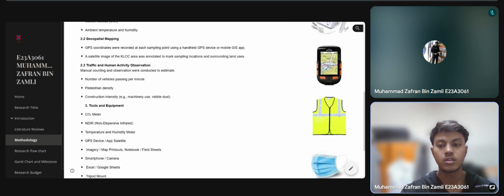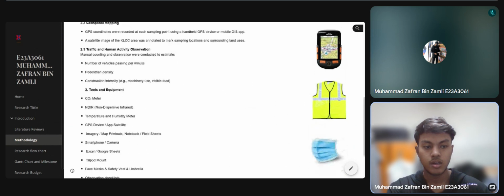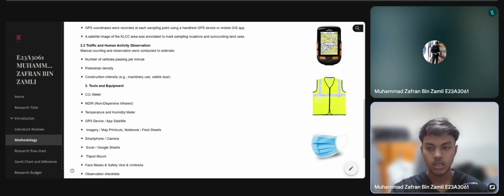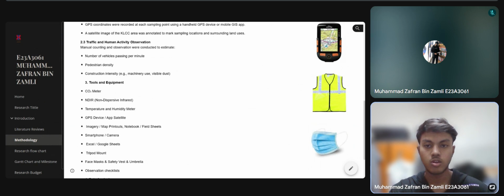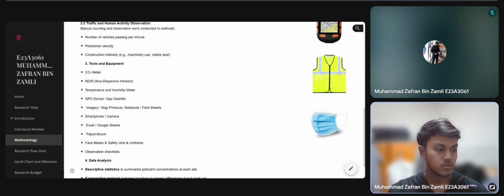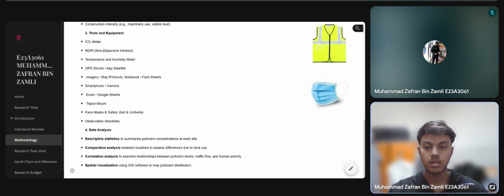Next is the tools and equipment. The equipment that I use is a CO2 meter, NDIR, temperature and humidity meter, a GPS device, smartphone and camera, face mask, safety vest and umbrella, and observation checklist. And the last one is the data analysis.